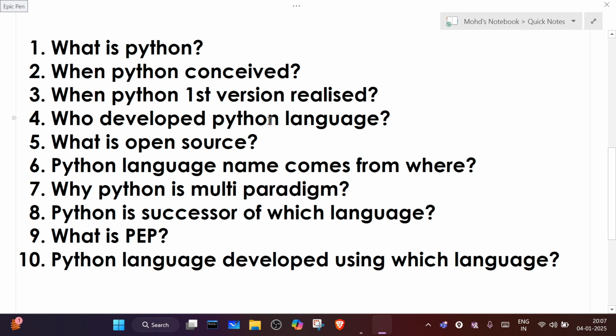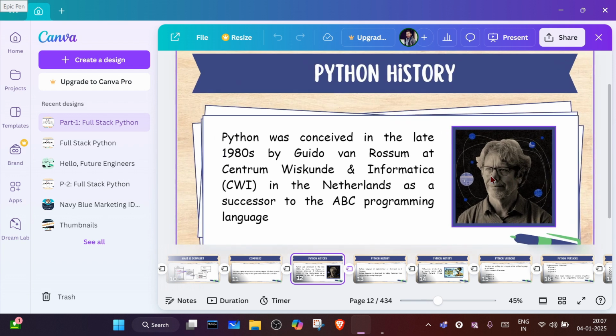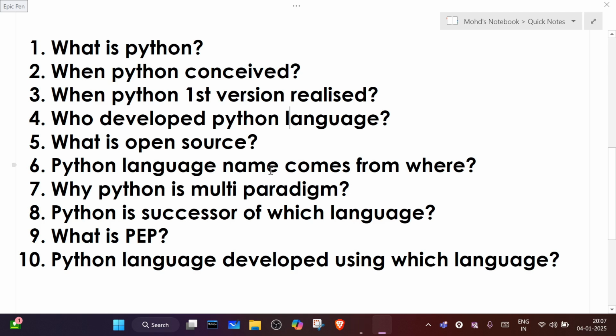The father of Python, or we can say the Python developer, is Guido van Rossum. This guy developed the Python programming language, as you can see here. Now what does open source mean? It can use other languages' code.